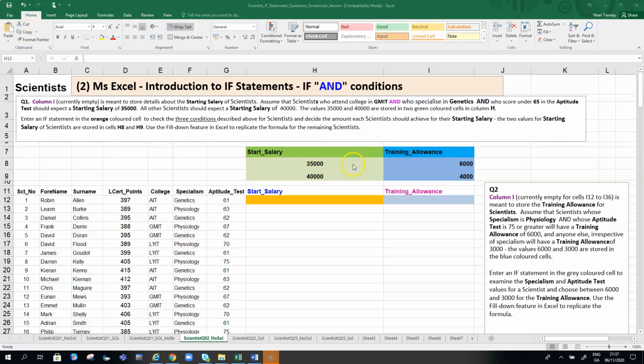This clip will cover if statements, in particular an if statement where you need to examine more than one condition. So these are classified as if and conditions, where there's more than one condition to be checked. So what we have here is a spreadsheet whereby we record the details for students or college applicants, and we